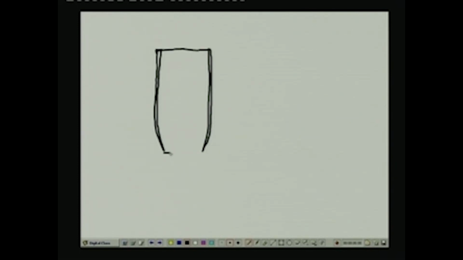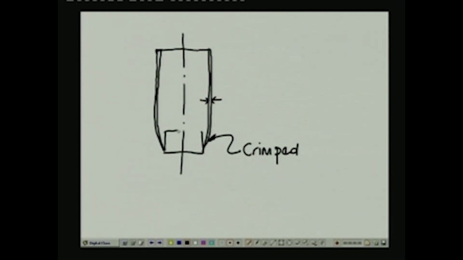This is the sampler that we are talking about, and in this case you can see that the wall thickness is a very small proportion of the diameter of the sample. Then the end of the sampler is crimped in this case, and what this crimping does is that when the soil enters the sampler, this is the soil entering the sampler,